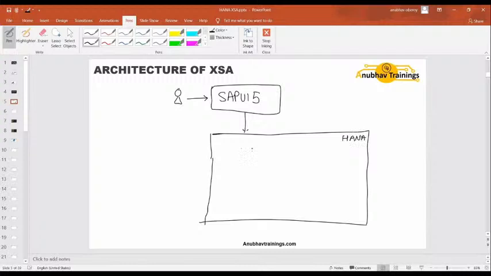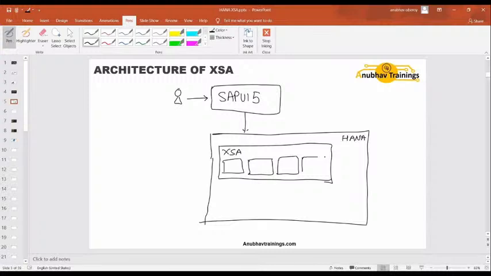Now, this includes the XS Advanced engine, which supports a variety of runtimes to run applications like HTML5, Node.js, which also has a compatibility XSJS layer. We have then Java, and we can also add other build packs. Then finally, we have the database layer,